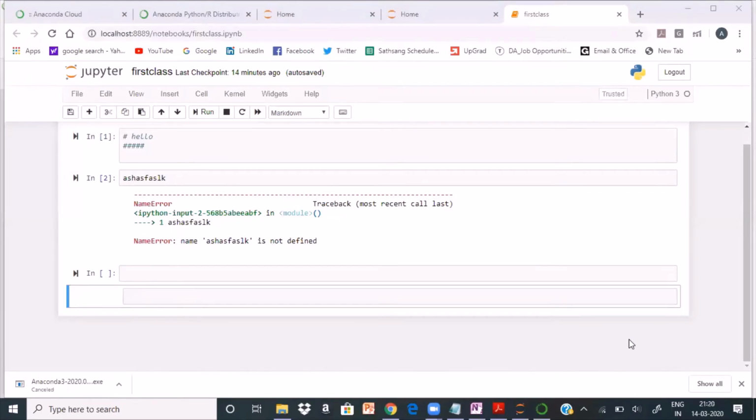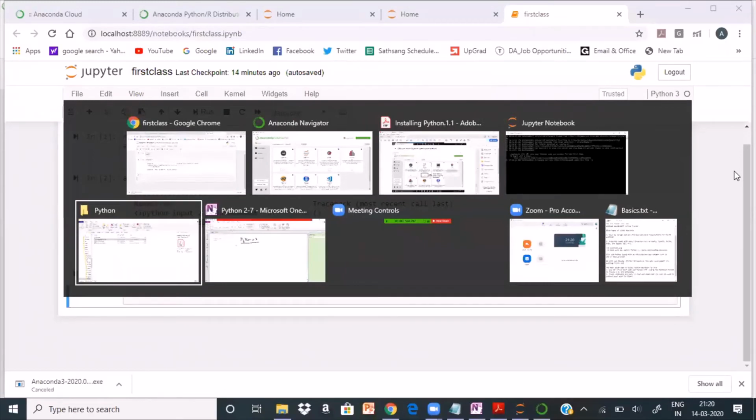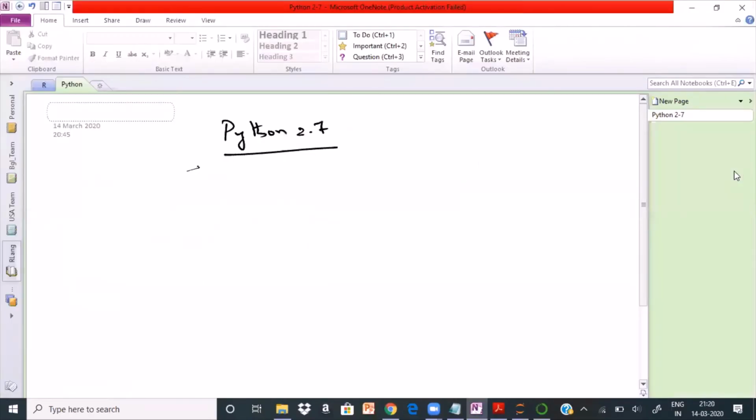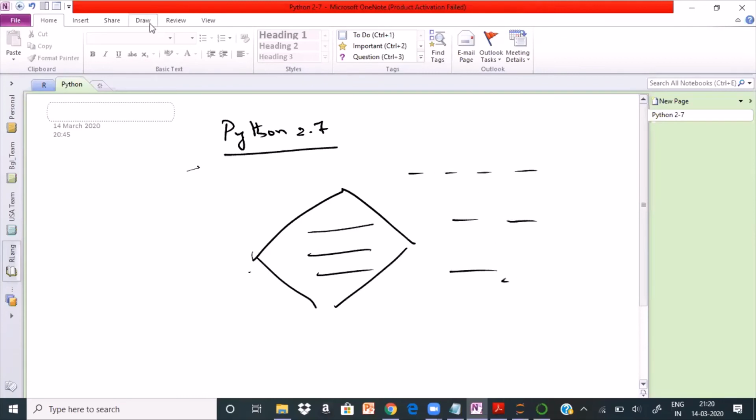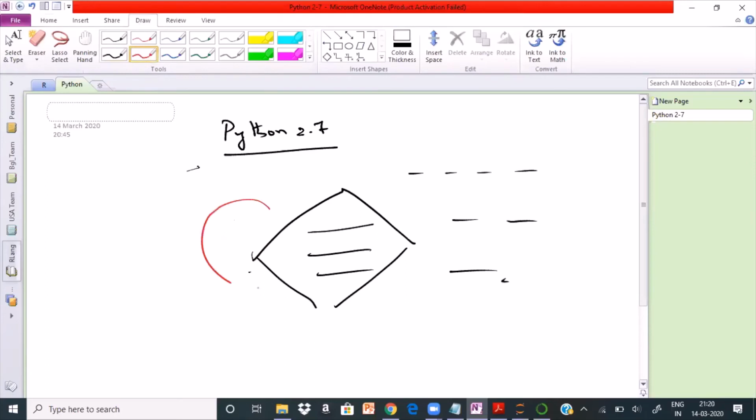If any notes are required, what I can do here is open up the file, my notes here. In the notes, I will be explaining the commands and telling you what each is. If you want any pictures to be drawn, I will draw them. Inline also, I can write something over here and then explain. I can highlight with different colors. I will show you what is happening and how it is happening. And these notes, we will share with you, so that they become a reference for you. So this is how the class is going to happen.